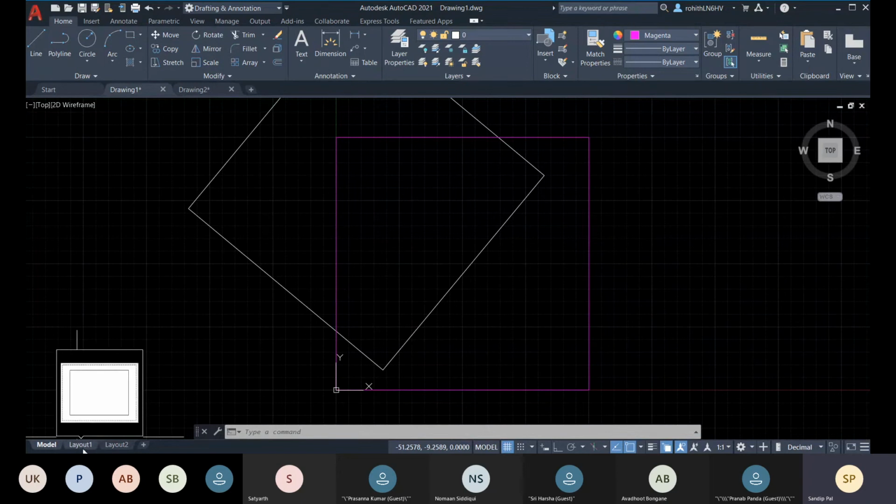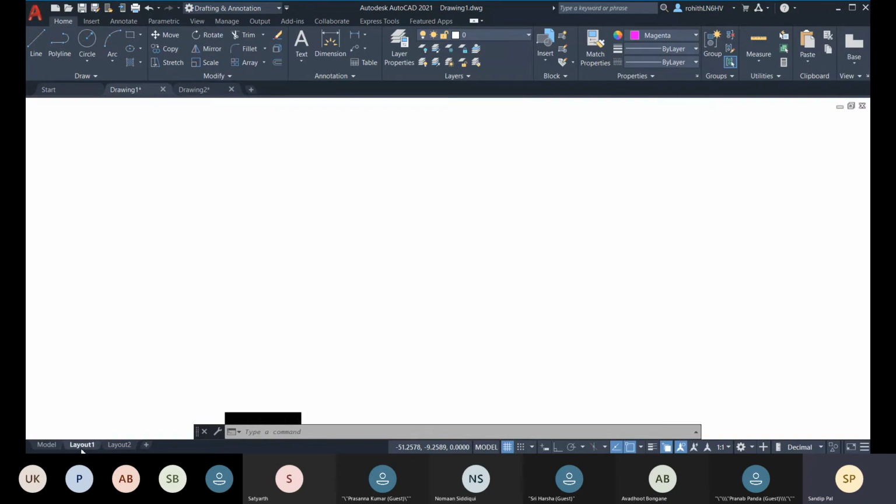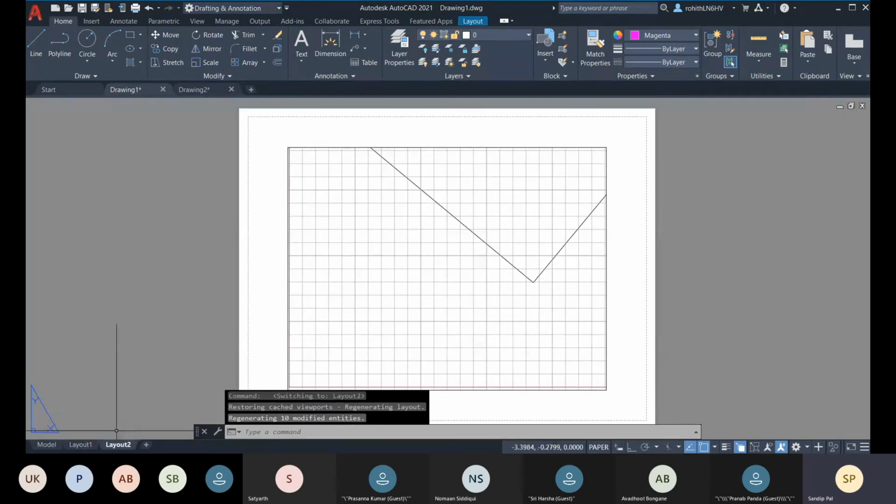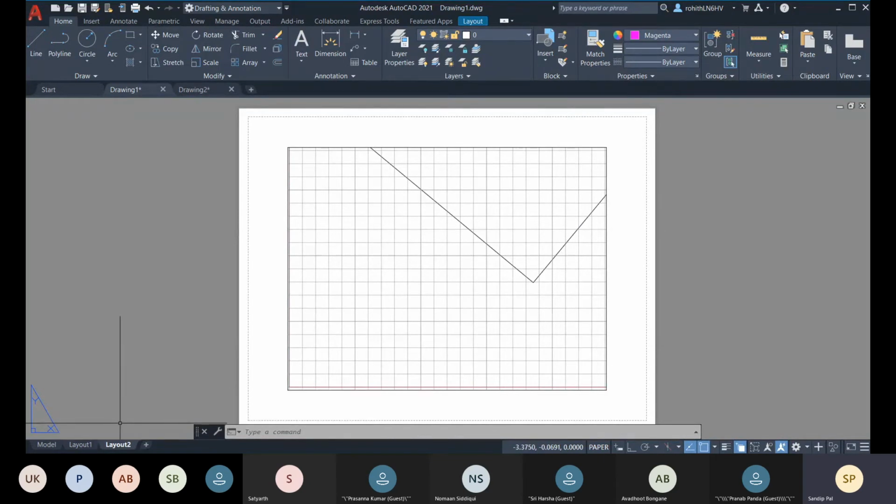For layout, we just have two different tabs. That doesn't mean we have two layout spaces. By default you can have two different pages, and within that you can compare different varieties.